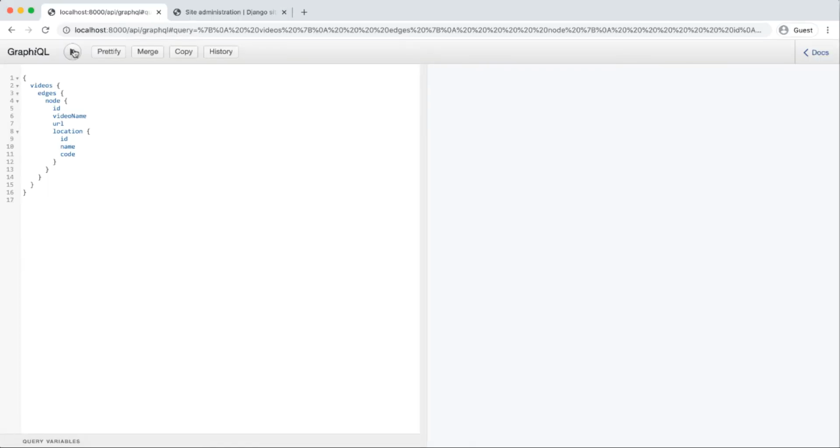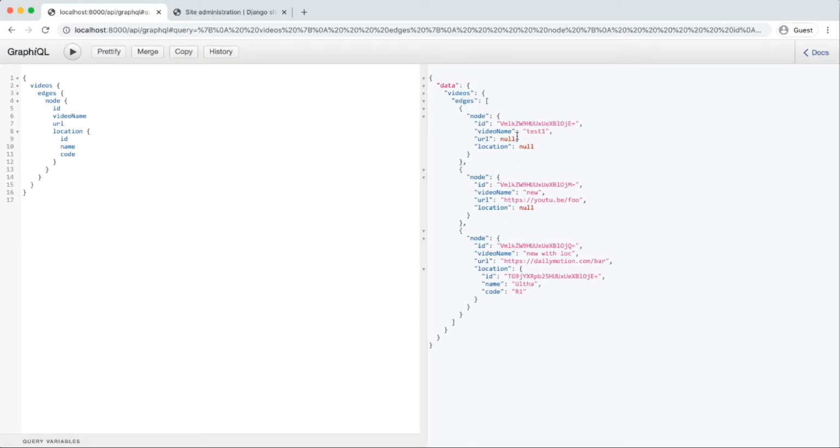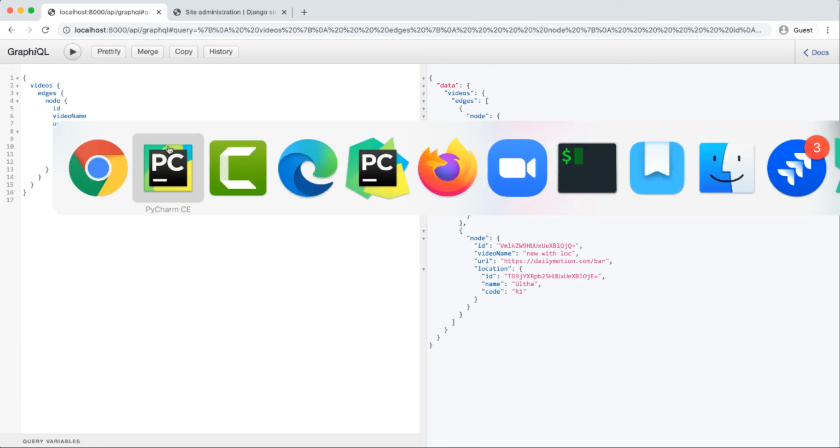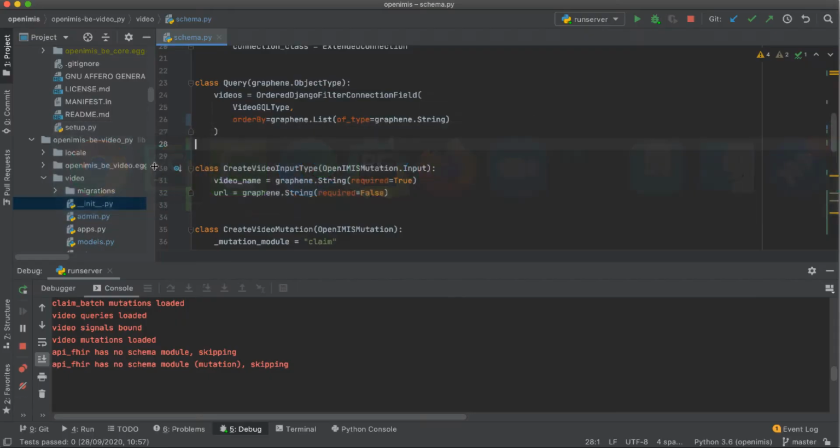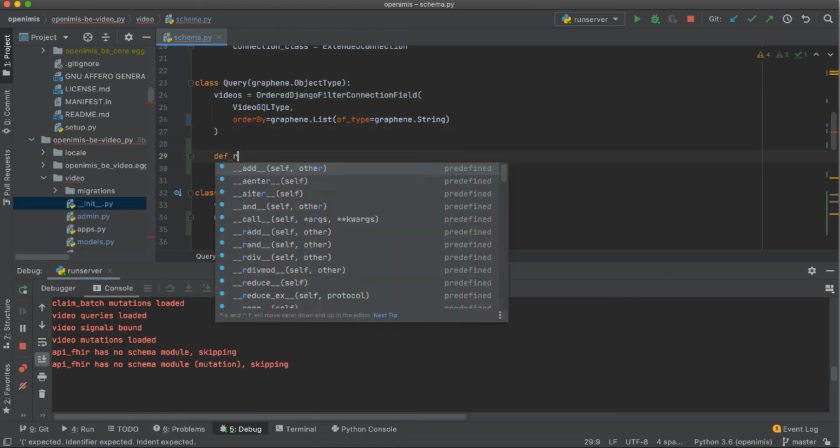So now I have added some data. I have still the same test we had made, one with an address, and one with a location as well. So the first thing we're going to do is to make sure that the anonymous user that I am right here is not allowed to access the data. So to do that, we have defined our video query to be this item,